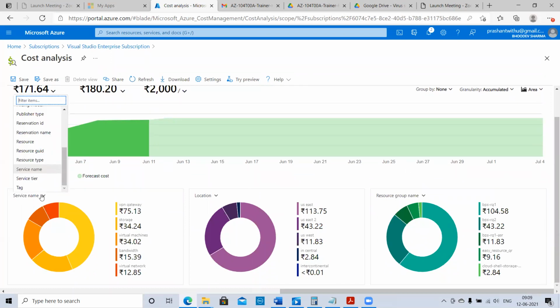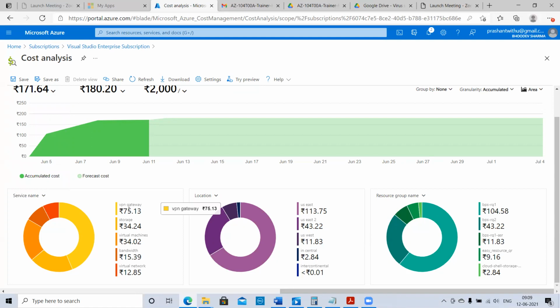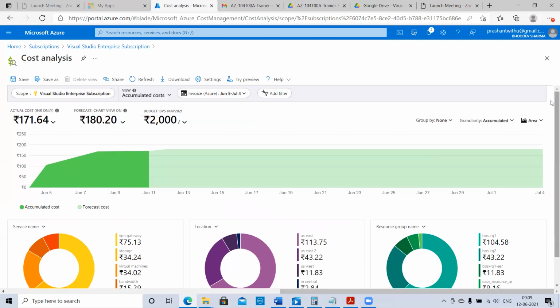If you look at VPN gateway, 75 rupees, storage 34, virtual machine 34. This is the total cost so far, consumed. So cost means what is consumed here. Now you can see the cost analysis or cost forecast. This is the accumulated cost. If you click on the forecast cost in the same place, just above 75 rupees,